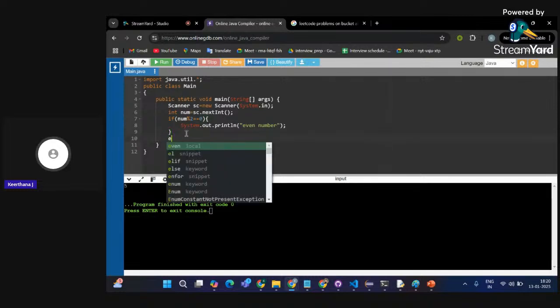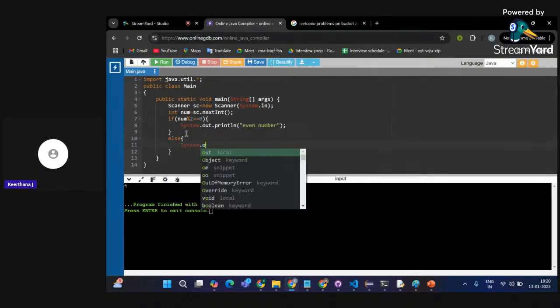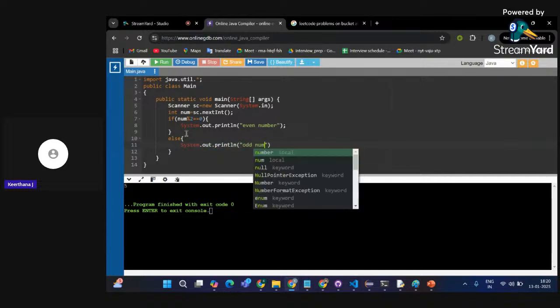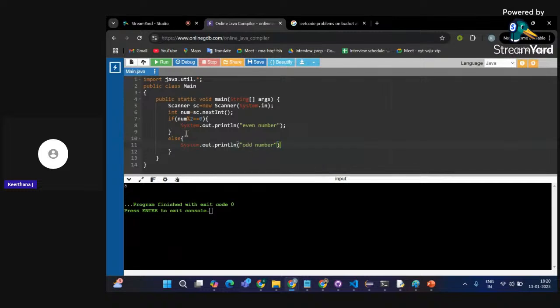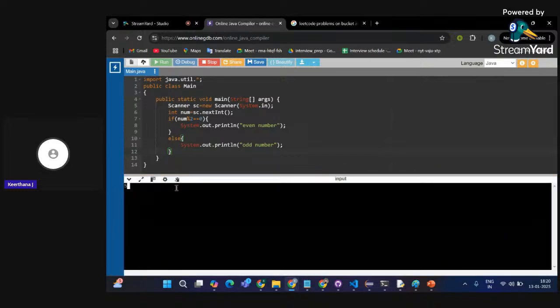So here only else will come into place. So in the else block I'm giving the logic: if my num mod 2 is 0, then execute this statement. If not, in all other cases, just go with this logic. Okay, that's what I'm giving here. So 5: 5 mod 2 is not equal to 0. So this is getting caught in the else block. That's why it is printing odd number. Okay, so this is if else ladder.